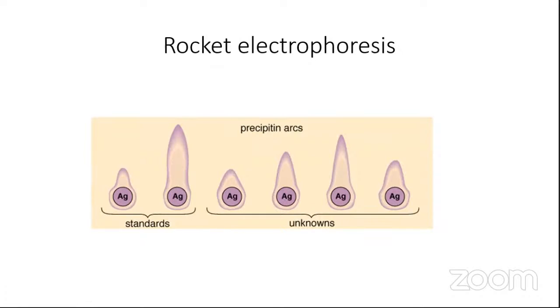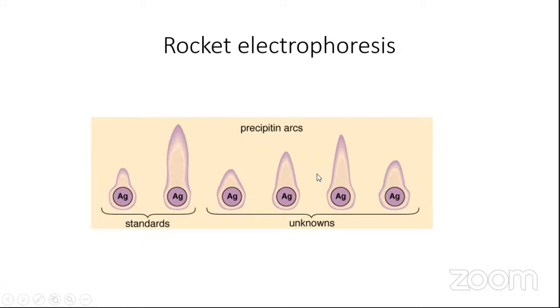So it could be a serum, plasma, blood, or whatever it is, and then you allow it to react. What happens is the antigen will diffuse from the well into the semi-solid agar, and at the zone of equivalence it will form a precipitin line. This precipitin line is usually visualized because it contains a dye which will make the precipitation